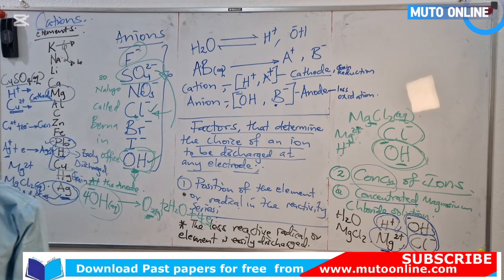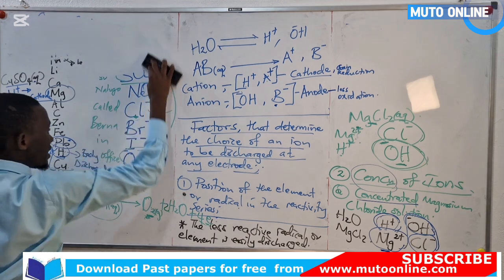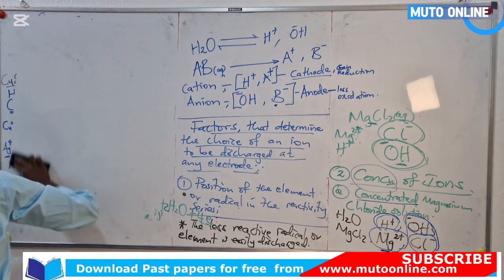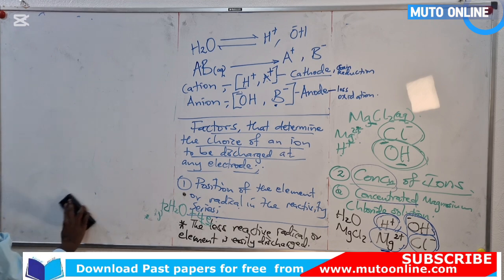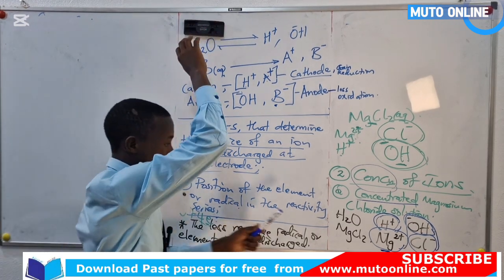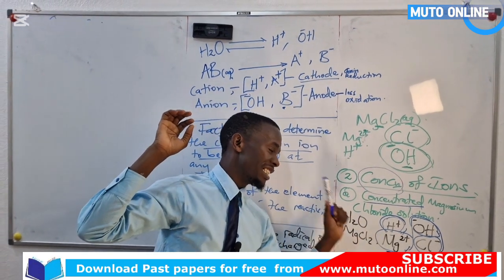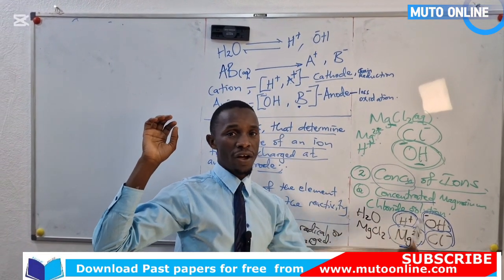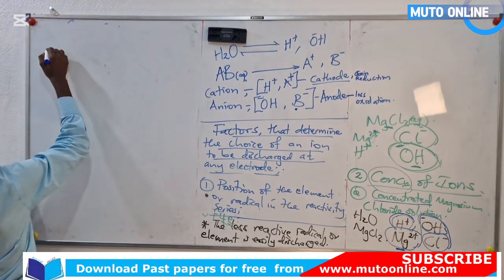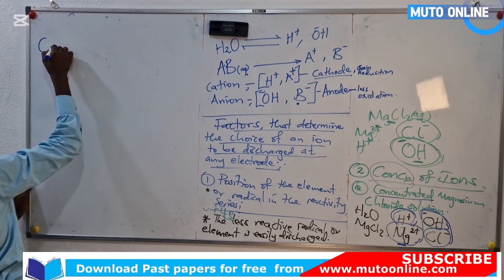So the second factor is concentration of the ions. For that, we shall not follow the reactivity series. We shall follow the concentration of the ions, where the highly concentrated ions will be discharged in preference of the other. Let us take another example of, let's say, if the electrolyte is